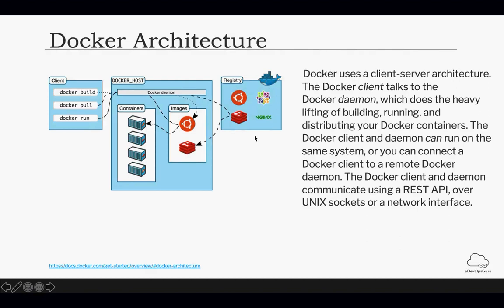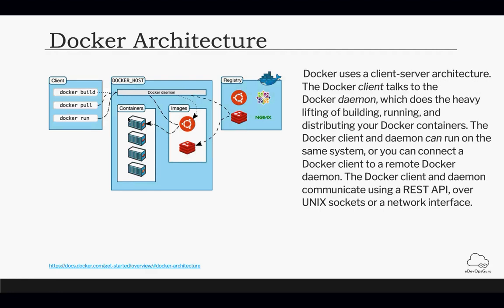So Docker registry can be of two types. One can be public, like GitHub, for example, Docker Hub. So it has already predefined or pre-built Docker images. During runtime, the client will pull these Docker images from the registry, and these will be cached on the Docker host machine, and then your containers will be spun up using these Docker images. So this is how things work.